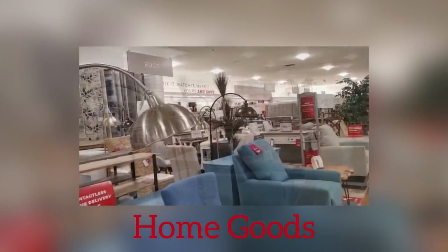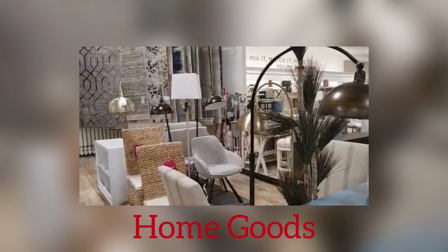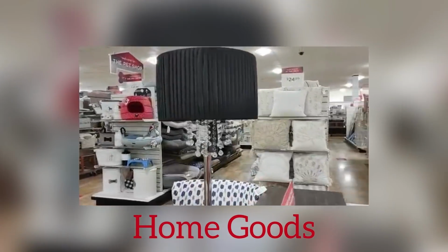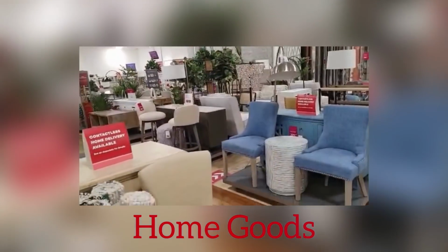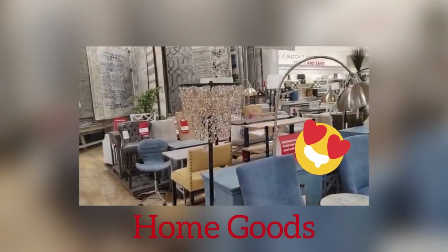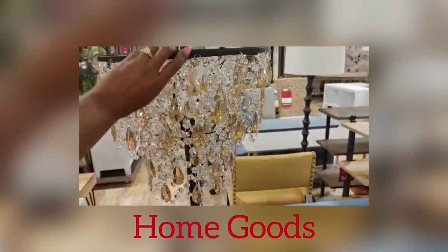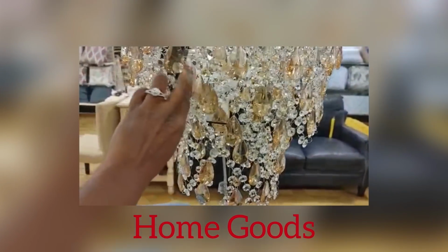When I was at Home Goods, here's the story. I was looking for a nice floor lamp for the corner and I was like, nope, no. And I almost got this one, but it's black. So I kept on looking. And then I searched and bumped into this one. I was super excited. And then I was kind of feeling funny about it because I can DIY this, but with the price,